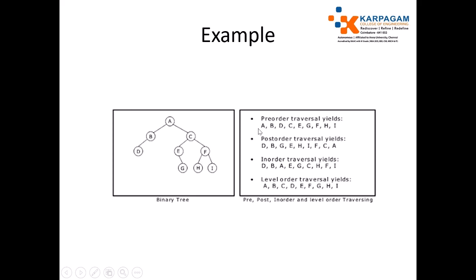Okay, now for pre-order traversal. In pre-order traversal, the root node is placed at the left side, that is, first. So the middle node A comes here. Then in the left subtree, we have the root node B, and we have left subtree D. We don't have a right subtree, it is just empty. No node is available.